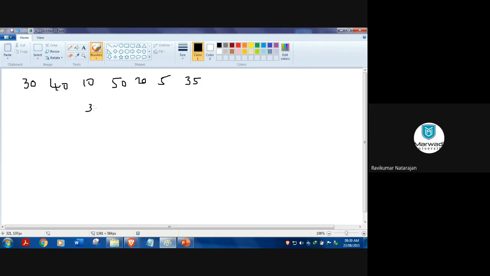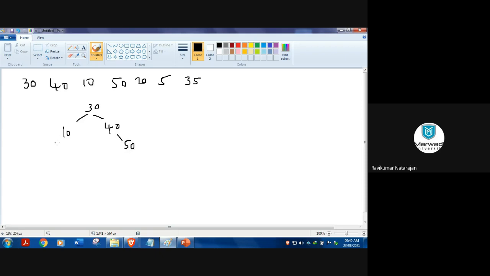So it will be something like this, 30. Where will I put 40? Left or right? Right side, because I compare with the root and it is greater than, so go right. And then 10, left side. Then 50, again on the right side.